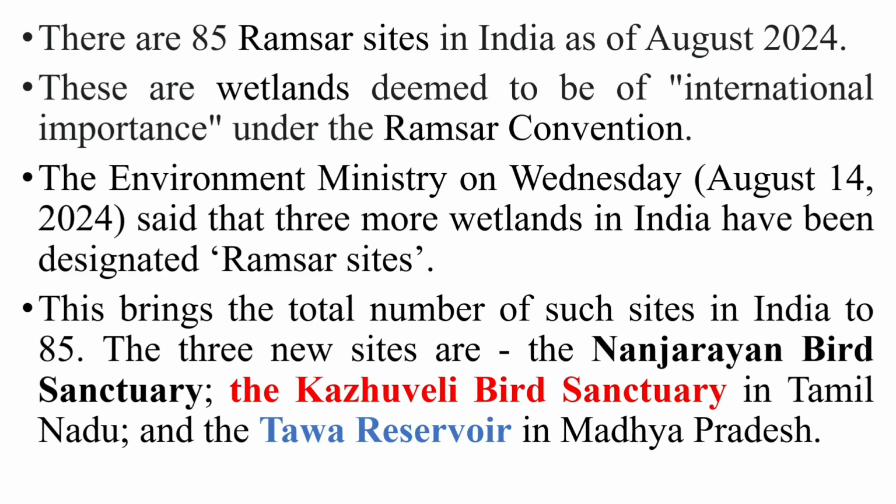But now, as per the data of August 2024, which is the most recent information, in India we have total 85 Ramsar sites. What is Ramsar sites? These are wetlands of international importance. Okay, the environment ministry on Wednesday, which is August 14th, 2024, declared three wetlands newly added to the already existing list, and those three wetlands are designated as Ramsar sites. So now we have total 85 Ramsar sites, and the three newly added Ramsar sites are: